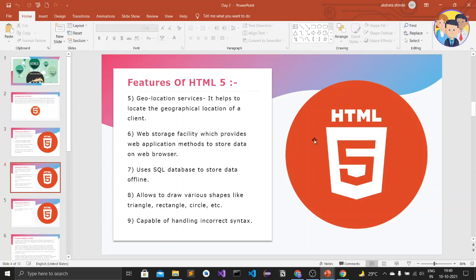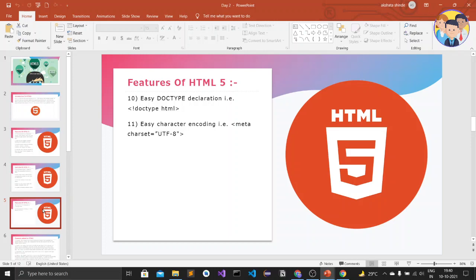But HTML5 throws only a single error, where the current error is. That is the advantage of HTML5. Also, we can use previous versions of HTML. There is a tag named doctype HTML, and when we put that in the HTML file, it shows that we are using the HTML5 version, the current version.